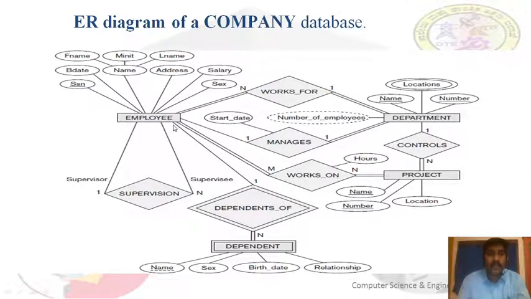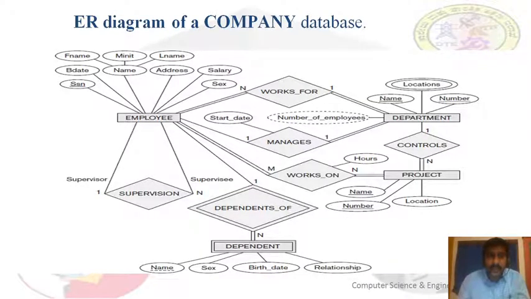When we consider the employee entity type, we have a key attribute. This is the key attribute, because we have underlined it, so it is identified as a key attribute. And in department also we have key attributes in oval shape with underline. Name and number are the key attributes of the department entity type. Similarly we have the project entity type, and here also the key attributes are name and number, which are underlined.